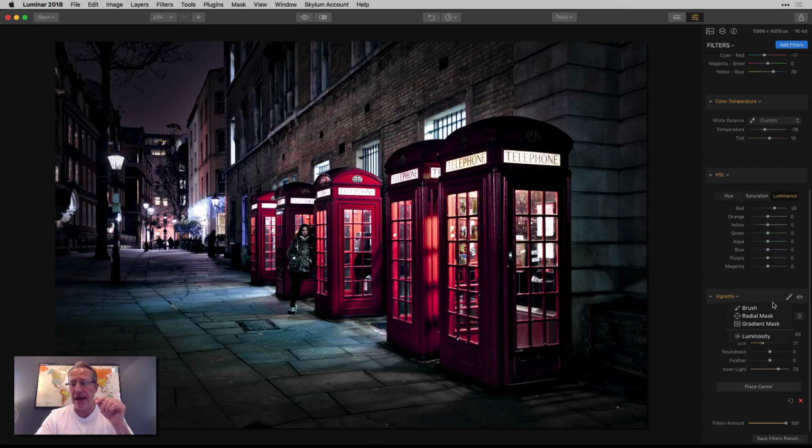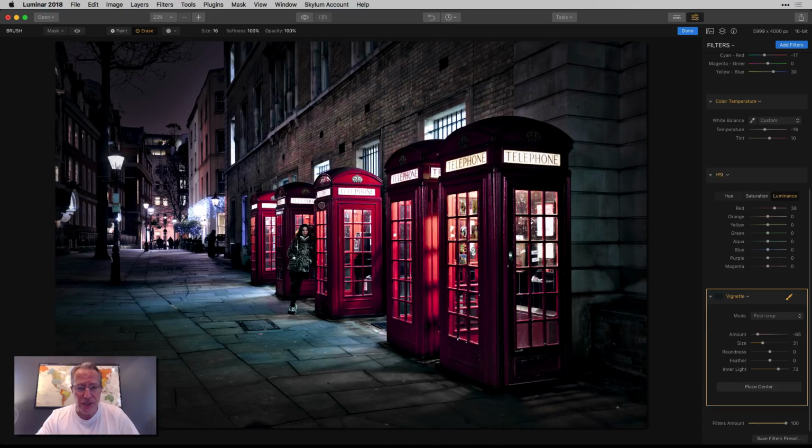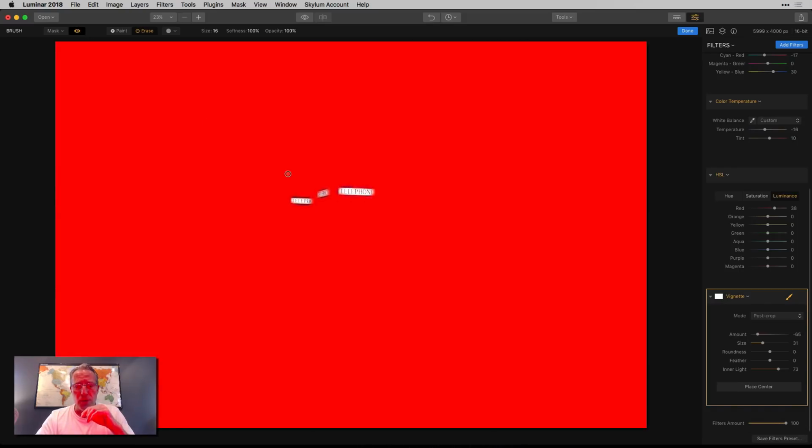So I'm actually going to get the mask, or excuse me, the brush, and I'm on the eraser, and I'm just going to erase that from here. It doesn't make a huge difference, and I'm going to do it here, and here as well. But it makes a little bit of a difference. I don't know if you can tell, but all I did is that. I just wanted to remove the inner light, anything in the vignette filter from that section,